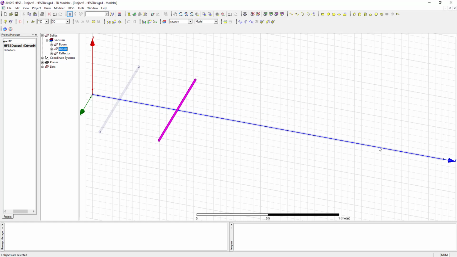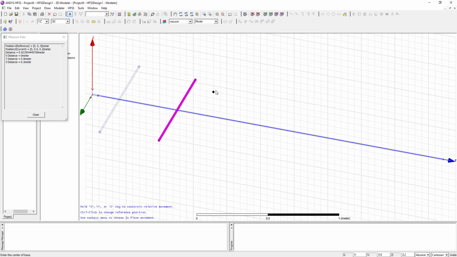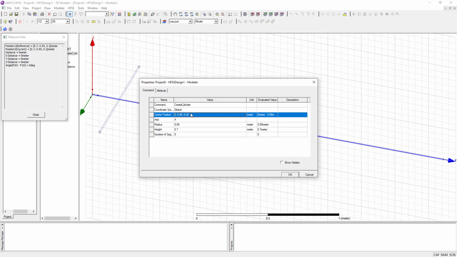Now our boom is created, our reflector is created, and our dipole is also created. Now the next step is to draw the directors. Again set the center position. Before this, set the radius, and the height of the directors is 0.7638 meters. Then for the center position, half of 0.7638 is minus 0.3819.